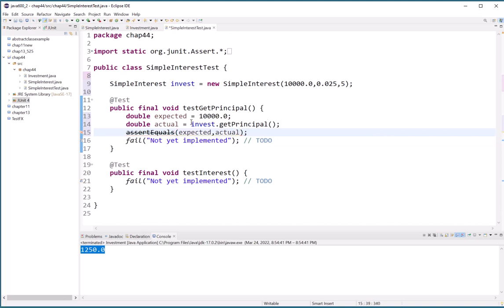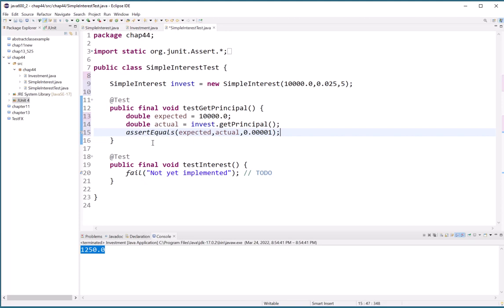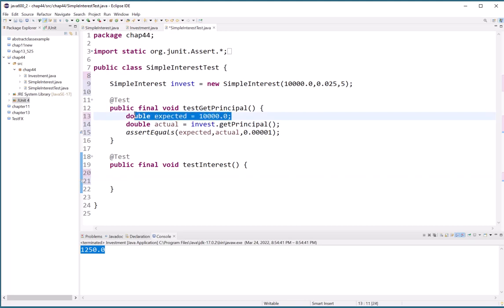But as before, that's deprecated unless we add a range factor for the comparison. So I'll go with that, and I'll get rid of the fail expression. Okay, let's do the same thing for the other method here. We'll start by getting rid of the fail call here, and we'll go with double expected again, only this time our double expected